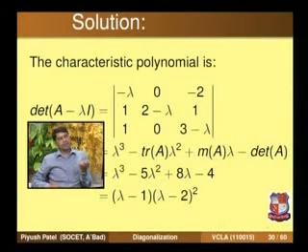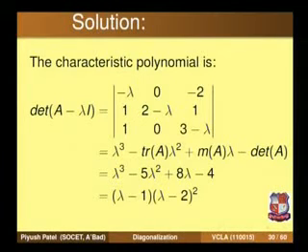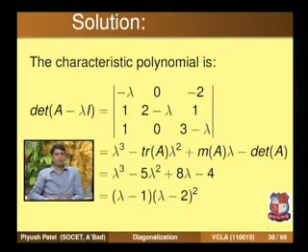So first of all we calculate the characteristic polynomial. This characteristic polynomial is given by the determinant of A minus lambda I. So the determinant of A minus lambda I is the determinant with rows minus lambda, 0, minus 2; 1, 2 minus lambda, 1; 1, 0, 3 minus lambda. Either you can expand this determinant and you will get a third degree polynomial in lambda,